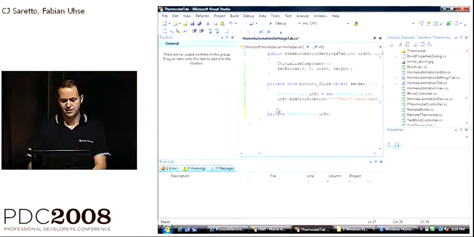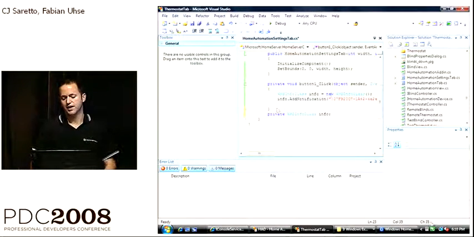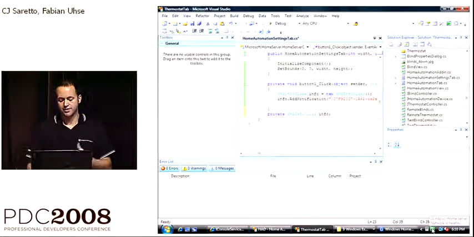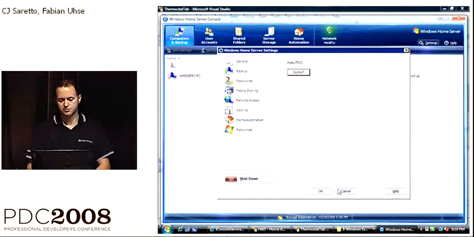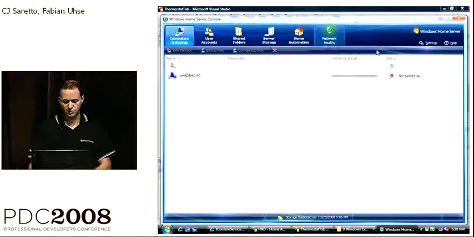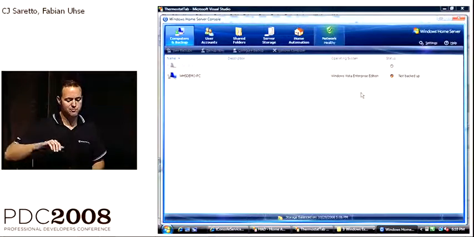So if I'd done that and I'd set info, you would have seen that a notification appears here, the home server icon would become red so that the administrator would see that, and if they visited the home server health, they would have seen it here in the list of notifications. I won't make you guys wait for me to redeploy that.